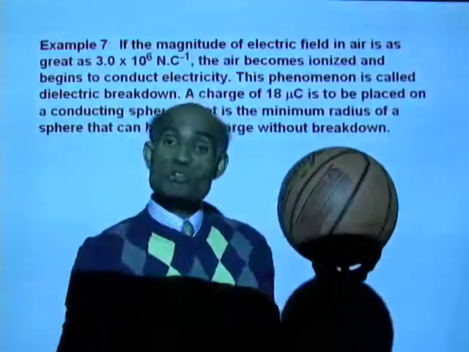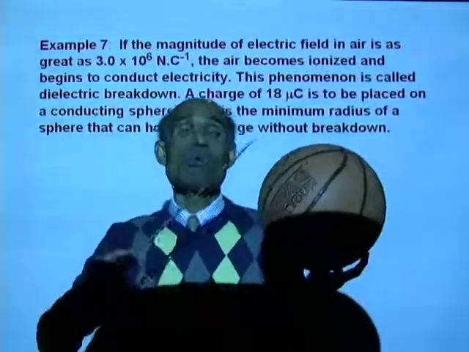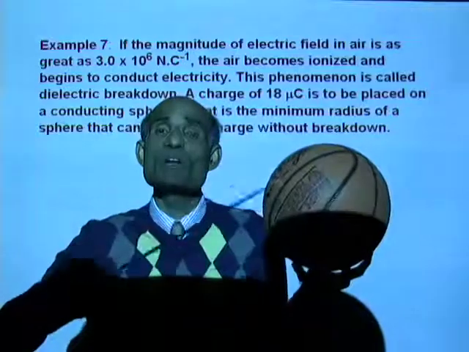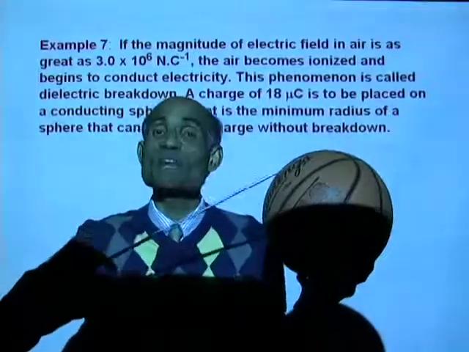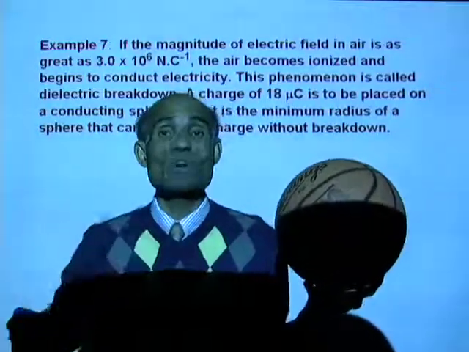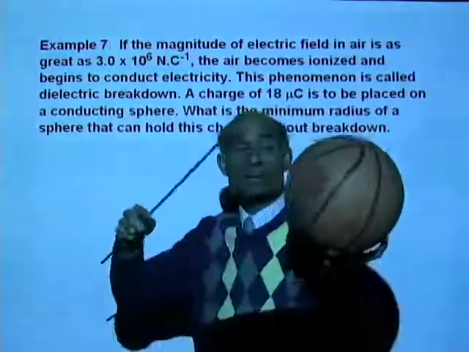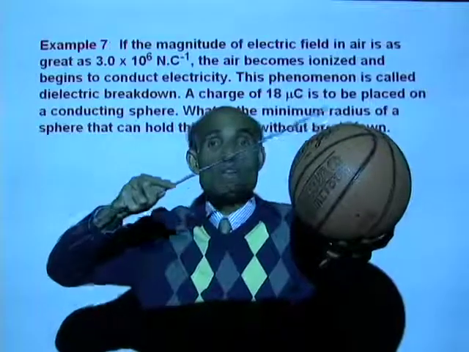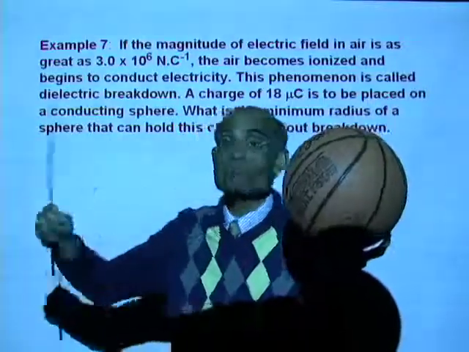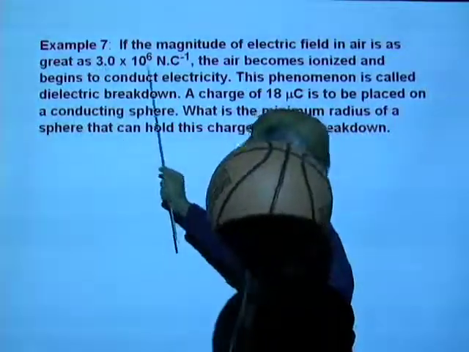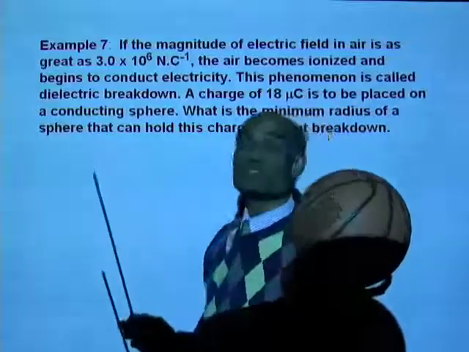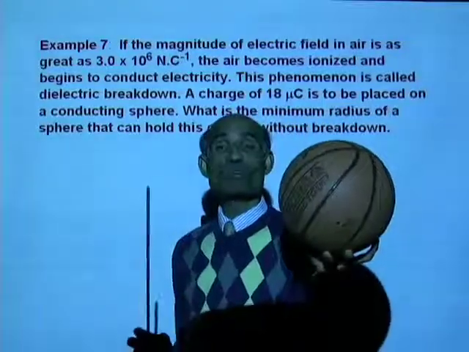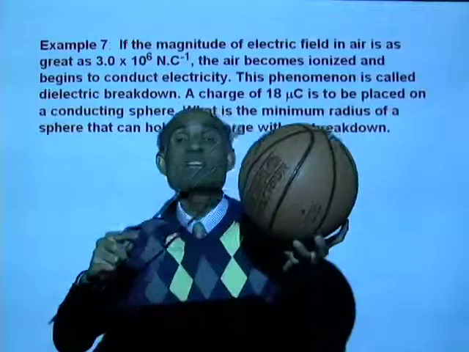And what is the maximum electric field in order for that to happen? If I can place enough charge on this so that the electric field on the surface of this conductor is as great as 3 times 10 to the 6 Newton per Coulomb,